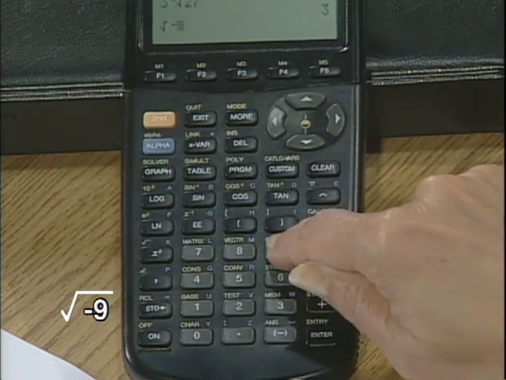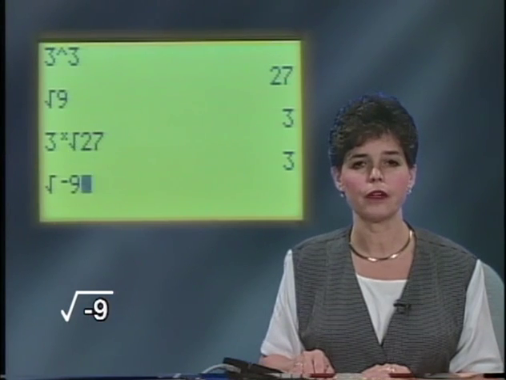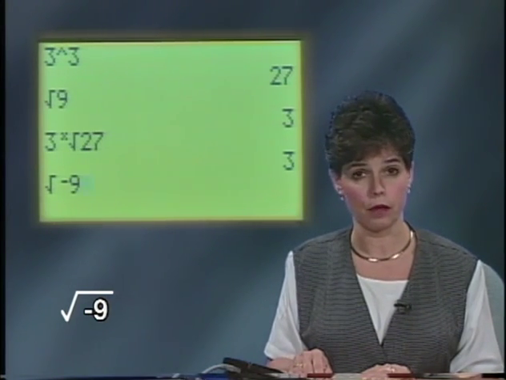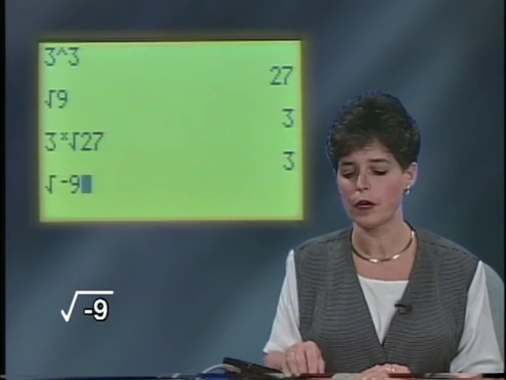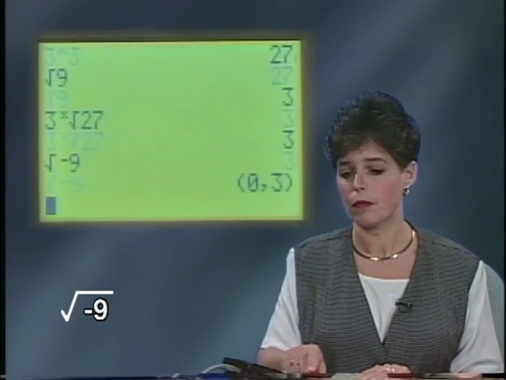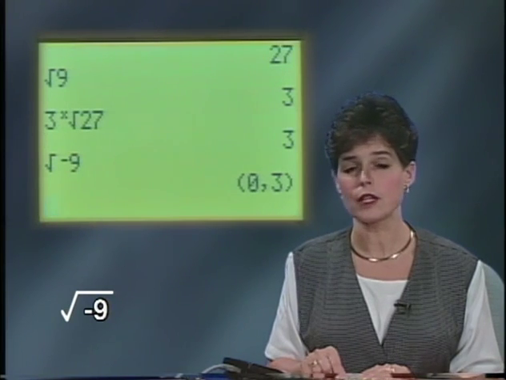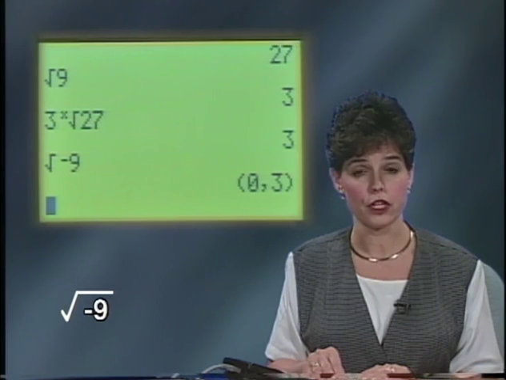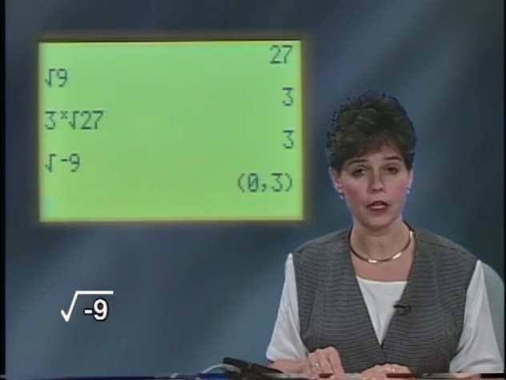press -9. Now think back to what kind of an answer we will expect. We know that this answer isn't a real number. Actually, it's an imaginary number. What will happen? When I press enter, I get what looks like an ordered pair. Actually, because the answer is an imaginary number, the calculator is giving me an answer because it will